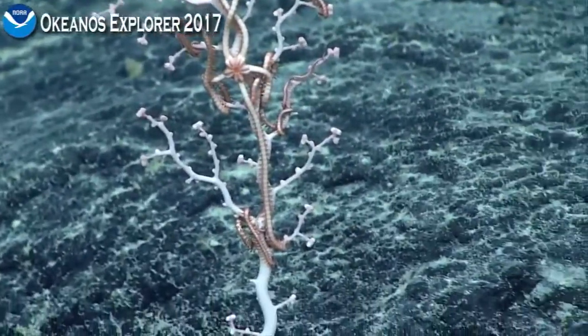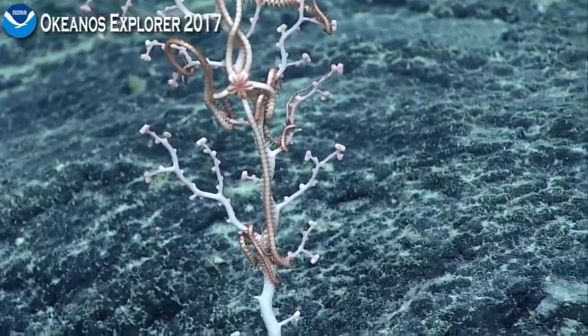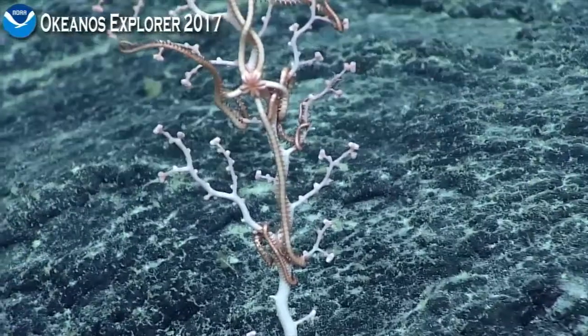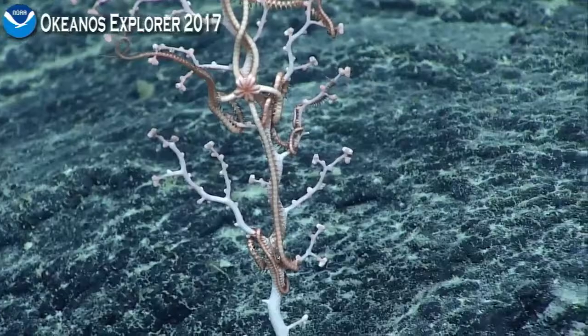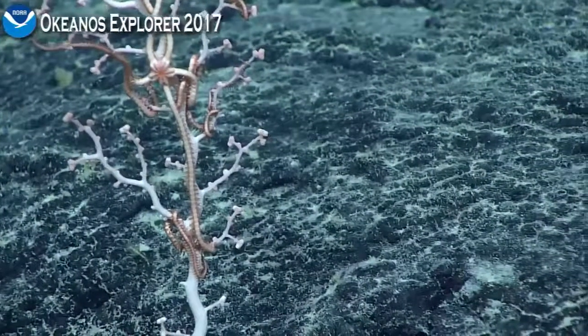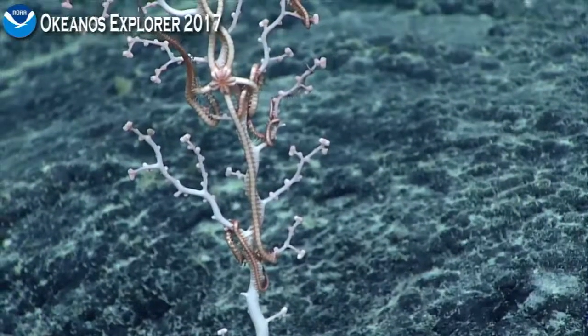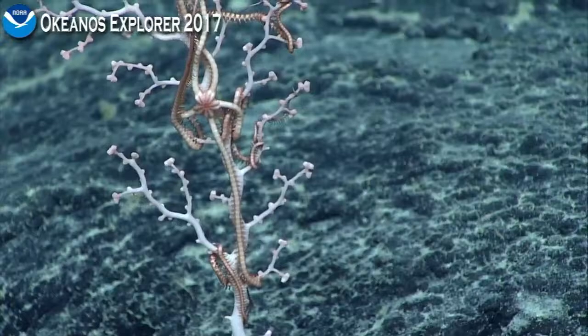So this is kind of cool because this is a coralliid, and this is a very different one that we've seen. I think it's different. Anyway, I think this is Hemicorallium abyssale. And one of the characters of this is it tends to have two calyces at the tips of each of its branches. And I'm pretty sure that's what we're seeing. Plus it tends to have a zigzag